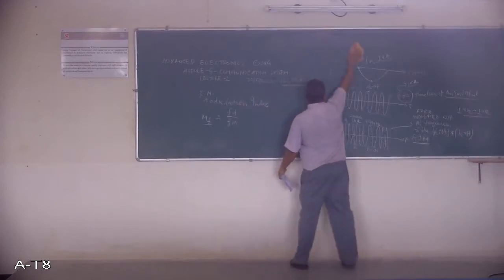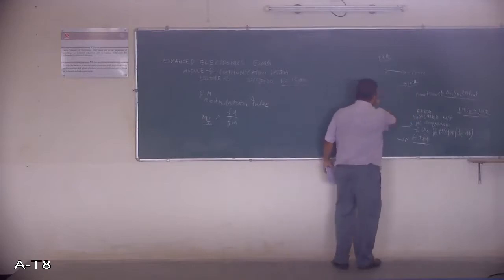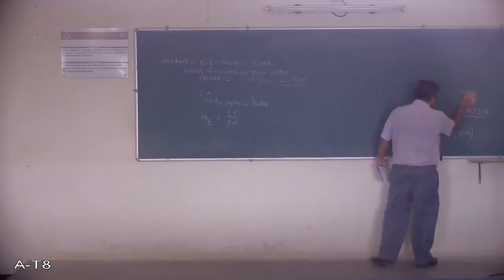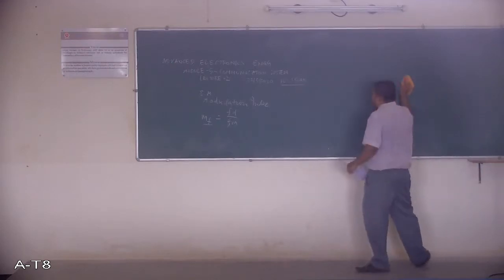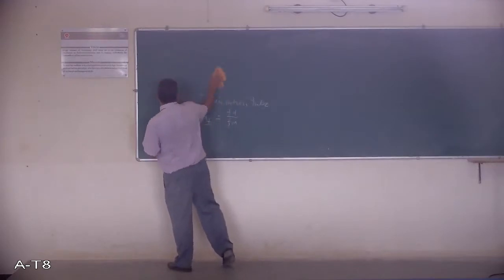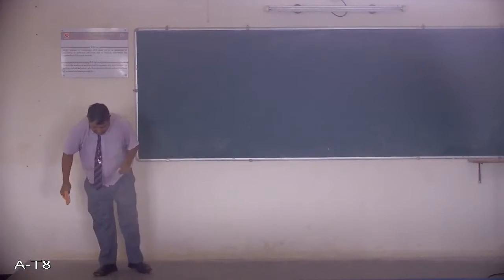Now we will see the basic difference between the propagation of an amplitude modulated waveform and the propagation of a frequency modulated waveform. One thing we have to always keep in mind is that an amplitude modulated waveform travels a longer distance, and a frequency modulated waveform cannot travel a longer distance. So whenever I am saying AM waveform,